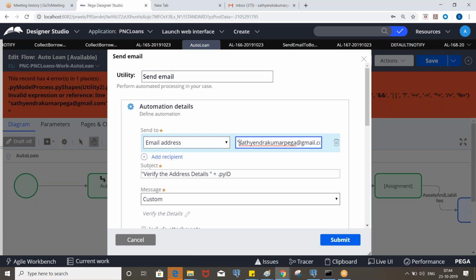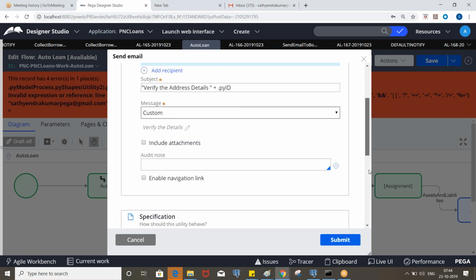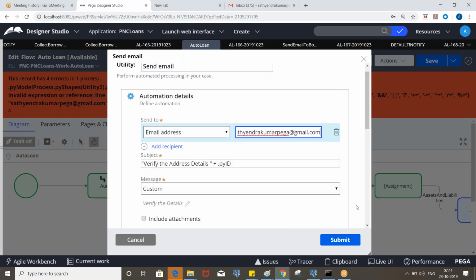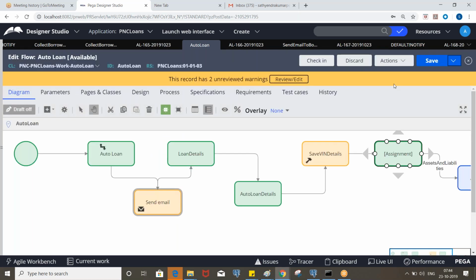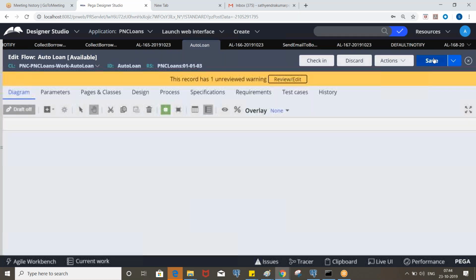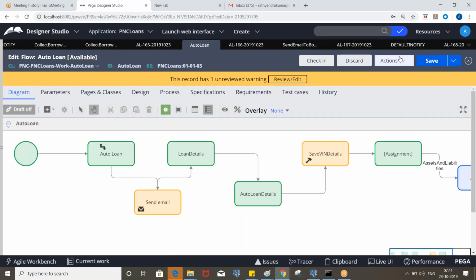Remove the double quotes and see. And we need to check all the mandatory details. Okay, so put the email without quotes, and now let's see.